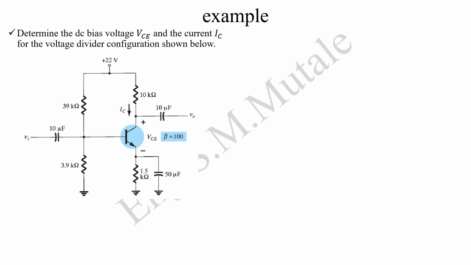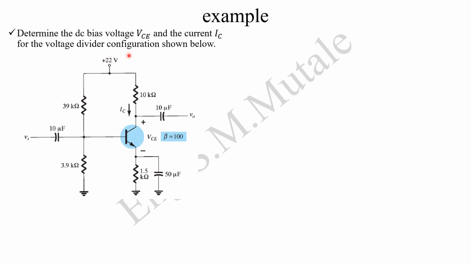So the question is saying, determine the DC bus voltage VCE as well as current IC for the voltage divider configuration. Of course, there will be capacitors, but in DC analysis, DC doesn't see a capacitor. So these will be removed because they will be open circuits. When we begin our analysis, we know that we can take this path where you're combining this, it becomes RTH,